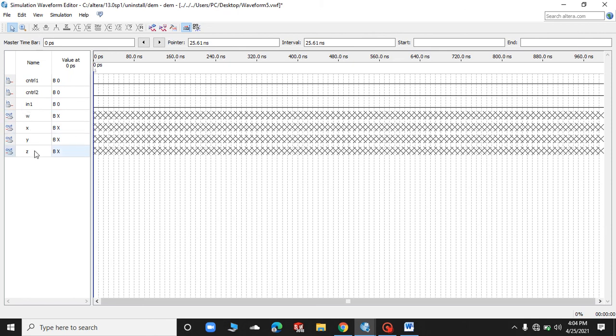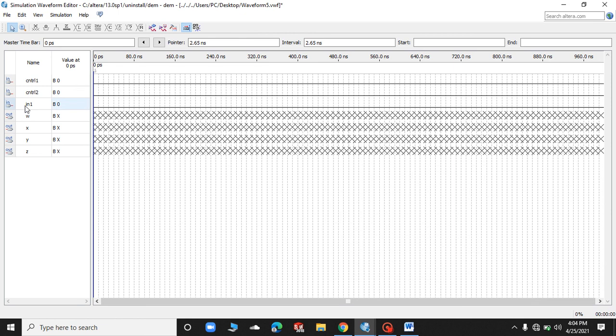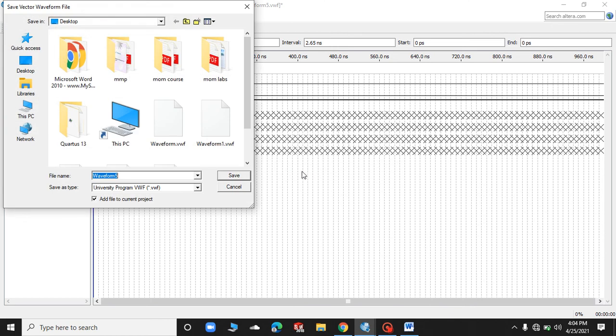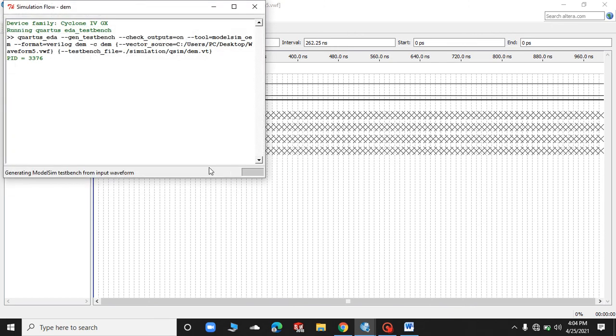These are the four outputs, that is W, X, Y and Z, and I have already implemented this in my lab report. So I will check what values of control 1 and control 2 are to be given. For this type of circuit, I remember that control 1 was taken as 1, and the simulation was checked. So when we perform the simulation of this circuit, we will save it on the desktop, and the simulation starts to run itself.